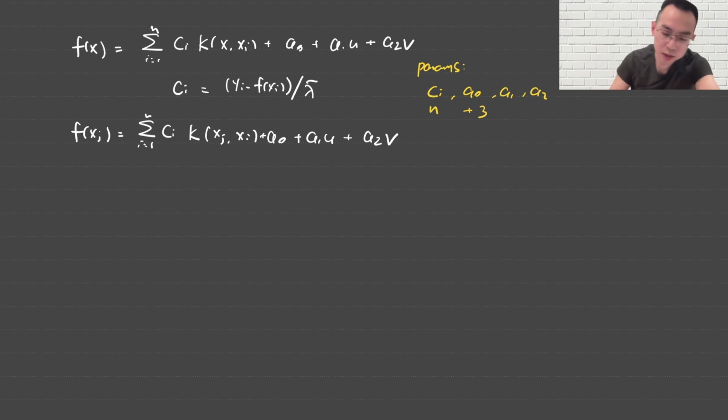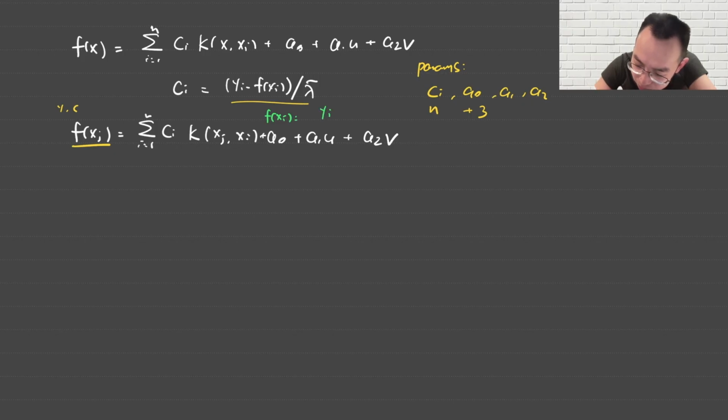Okay, now we can write everything into matrix form, but let's first replace this with y and c. Using this relationship here, f of xi equals yi minus ci lambda tilde. Is that correct? Okay, ci. Yeah, I think that's correct. So let's replace that, and then let's see. So that's going to be yj minus